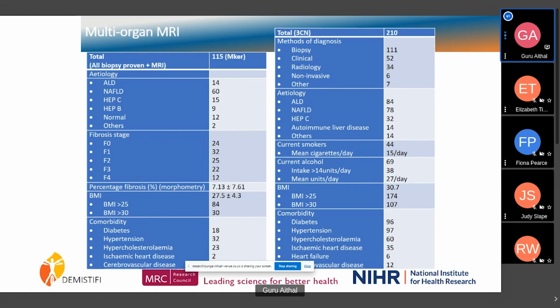So if someone comes with liver fibrosis and you want to identify whether this person might develop other organ fibrosis, or might already have silent or asymptomatic fibrosis in another organ, and you want to have a head start so that you can provide interventions which are effective at preventing another organ fibrosis, then one scan will be able to pick it up. That is another hypothesis we are going to test.